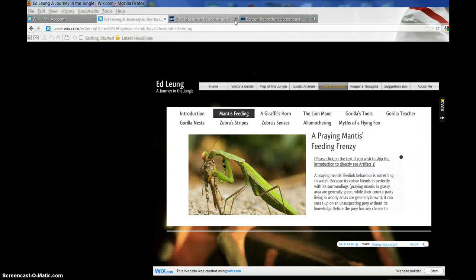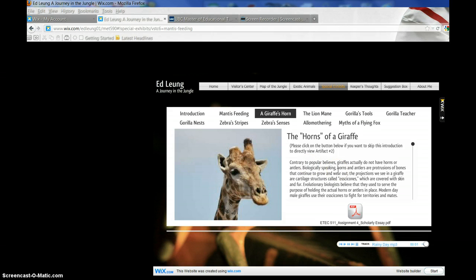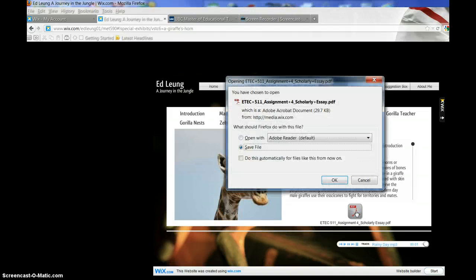Some artifacts are text-based, and I have prepared them as PDF files, just like the previous one. So let's try one of those, the giraffe's horn. As you can see here, the format is very much the same. There's a description and some reflection for taking the course. If you click on this button that says ETEC 511 Assignment 4, you'll be asked to either open the file or save the file. We'll choose Open,